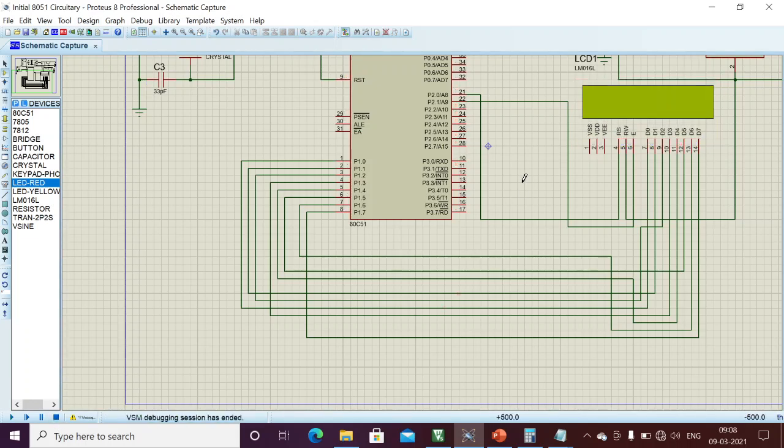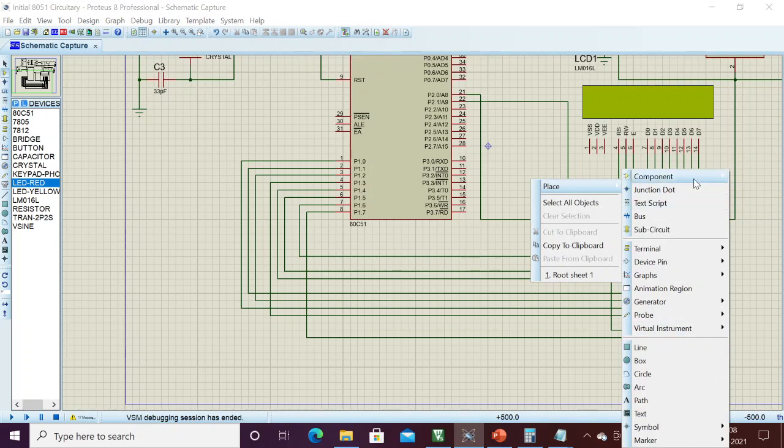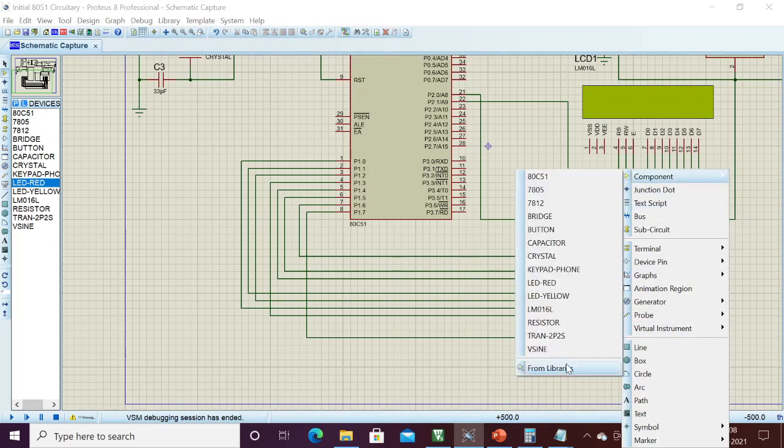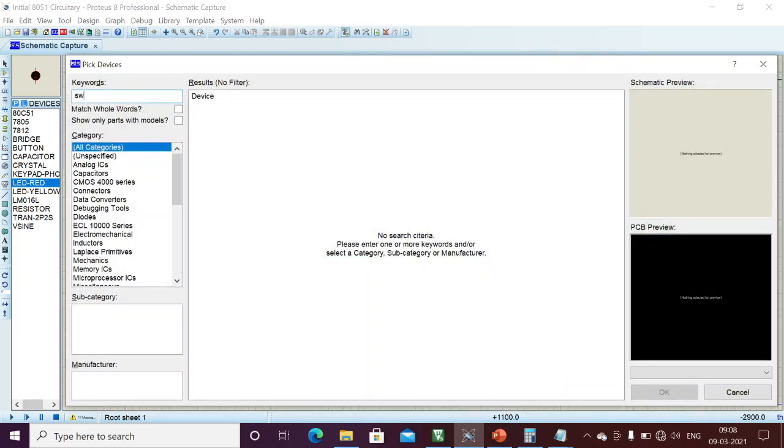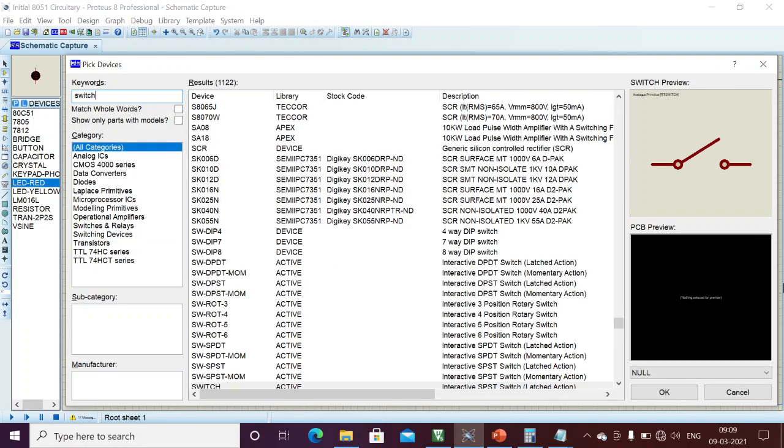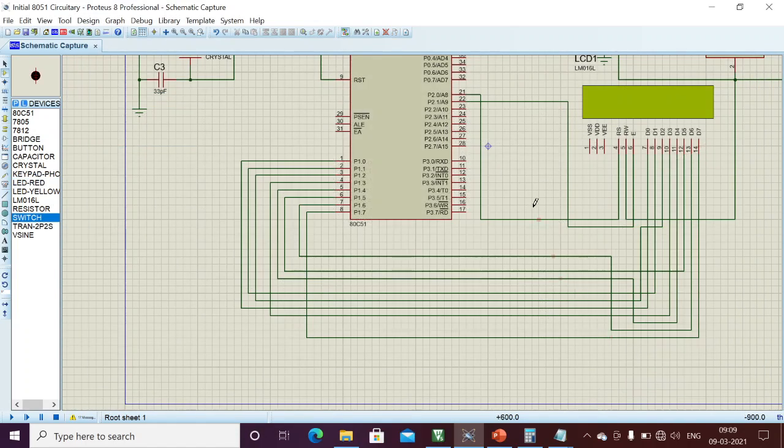Here I will connect a switch for the first time. Later on we'll connect some external clock pulses also. I will connect one switch, and from the switch I will try to give the pulses. I will explain clearly here. I am connecting one switch here, and the other node I should connect to the ground. Here I connected it to the ground.